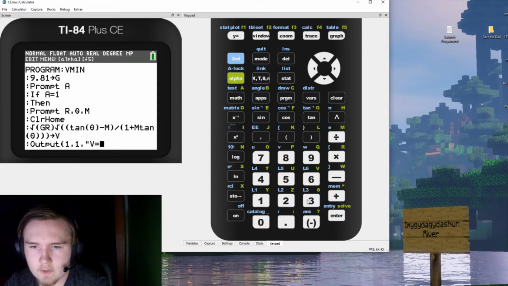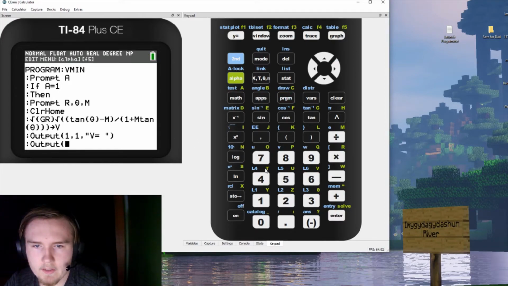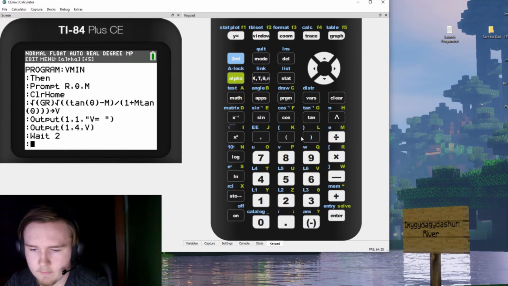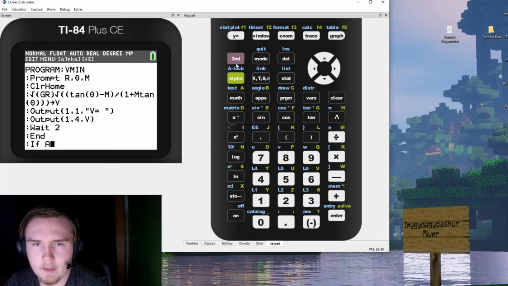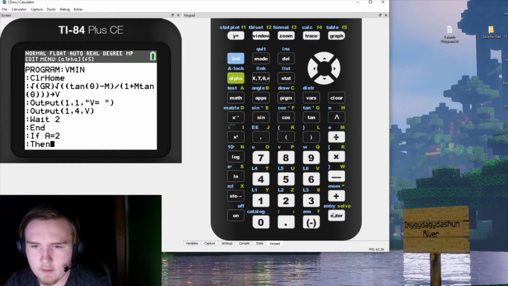V equals space, bam, bam, output at 1, 4, V. You're going to have it wait 2, or again just pause if you were a non-color calculator person, then end, and we're on to number 2. If A equals 2, then